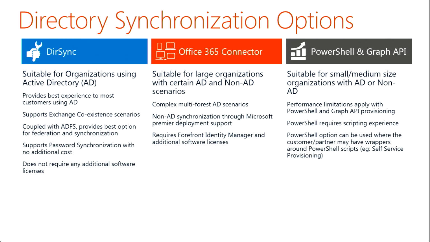Now, something to mention, Graph is only for MS Online. The reason why you might consider Graph or PowerShell is customization, to a degree, of your provisioning. But if you're going to PowerShell, the big advantage over Graph is that you can script deployment of other services and licenses for users, whereas you can't actually do that with Graph.